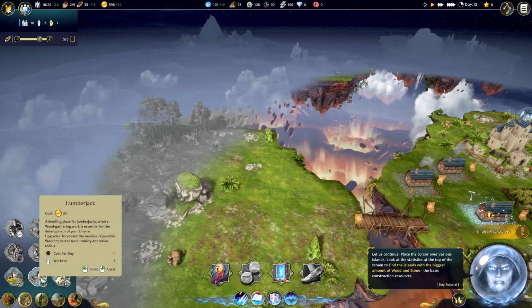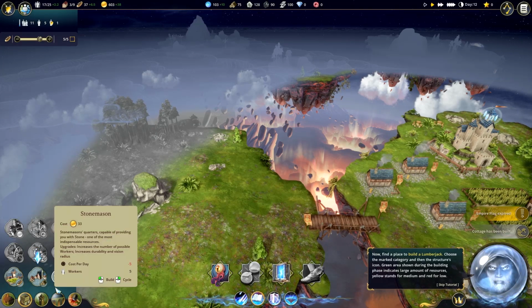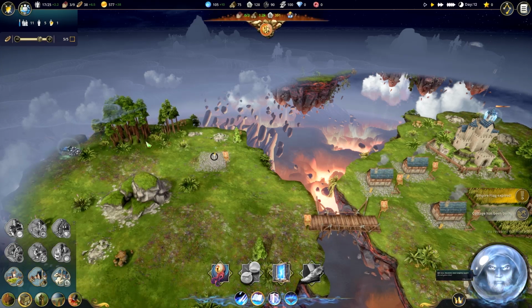Like, let's say we go to the industry. We can do a lumberjack. This place got 1.2 thousand. Yeah, that's what it wants me to do. I was going to do this already. We'll put the lumberjack's hut in right there because this island...